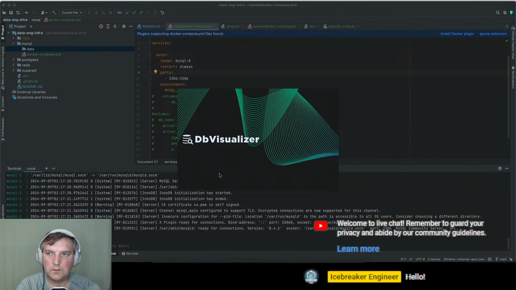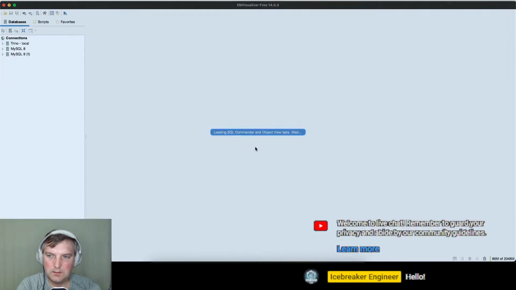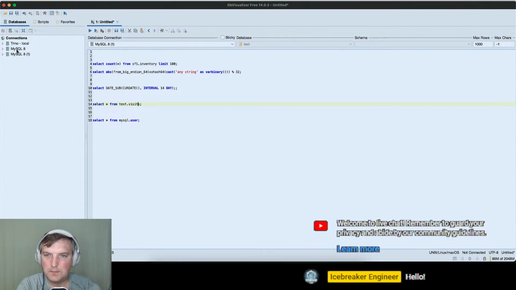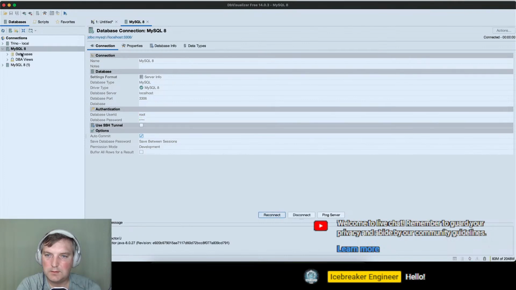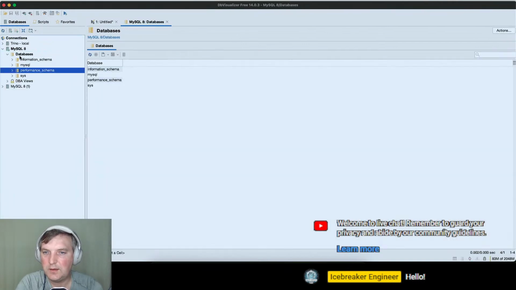Let's use the database, and let's try to connect to the database. I don't know the name, but this is root.